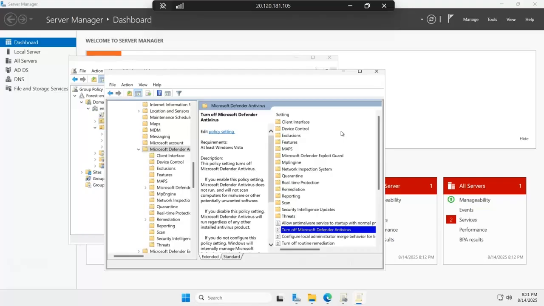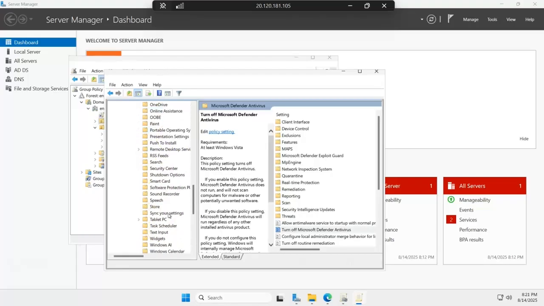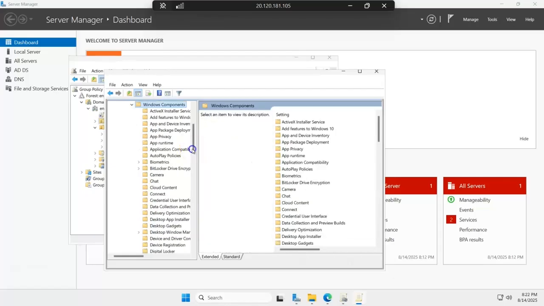So enable Windows Defender antivirus, disable removable media access if required. Alright, so we're going to disable